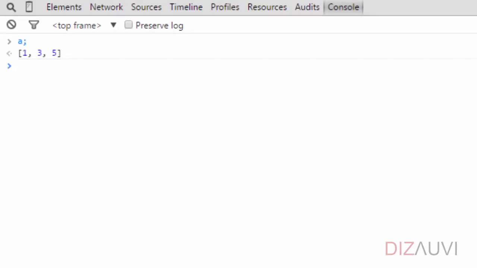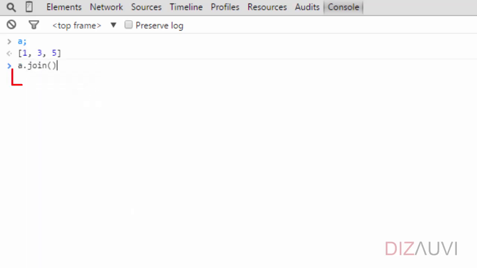Alright, so now let's get to the next method, join. From the name, it seems like it would be doing something similar to the concat method. But actually it's quite different from that. The join method works over an array and gives a string representation of that array.